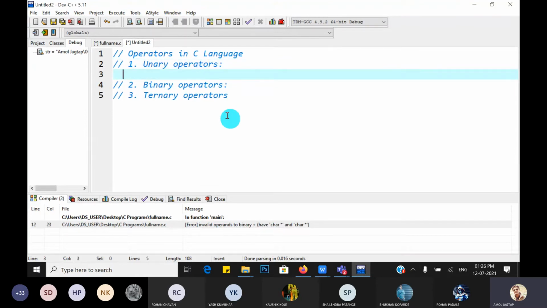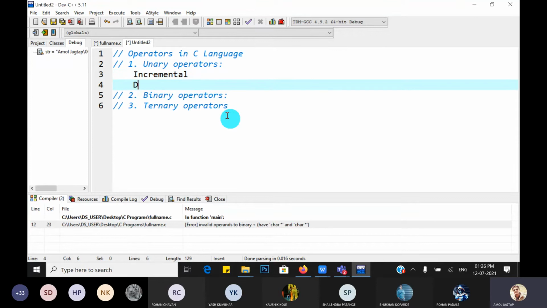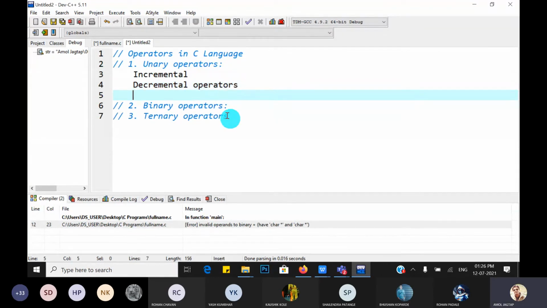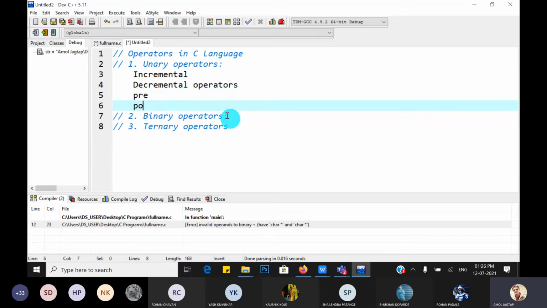So in unary operators, there are two types of operators: incremental and decremental operators. That again are divided into pre and post.